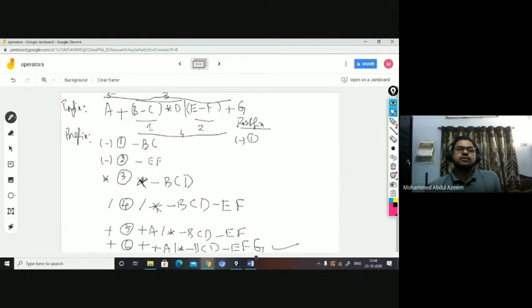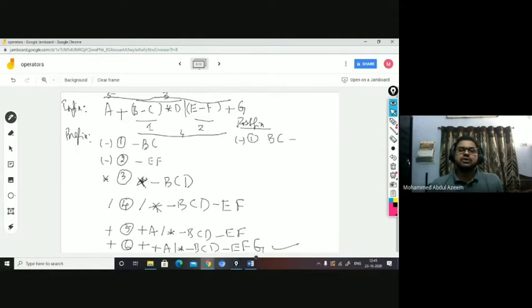If this operation has to be represented in postfix form, first you write the left operand, then the right operand, then the operator. In prefix you write the operator first; in postfix you write the operator next. It means in prefix you write the operator followed by operands, and in postfix you write operands followed by the operator.